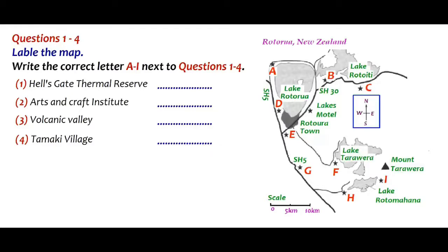Now if you look directly out of the motel towards the southeast, in the opposite direction to Lake Rotorua, you can just see the peak of Mount Tarawera, and the day after tomorrow we'll be visiting the volcanic valley which was formed when this last erupted. We'll drive down the SH5 and then head off towards Lake Rotomahana. The valley's on the opposite side of the lake from the mountain,